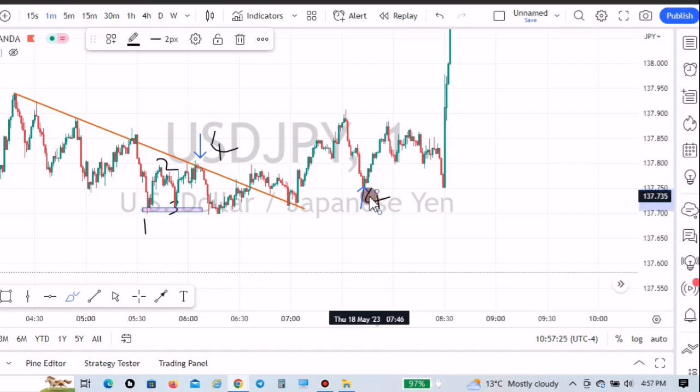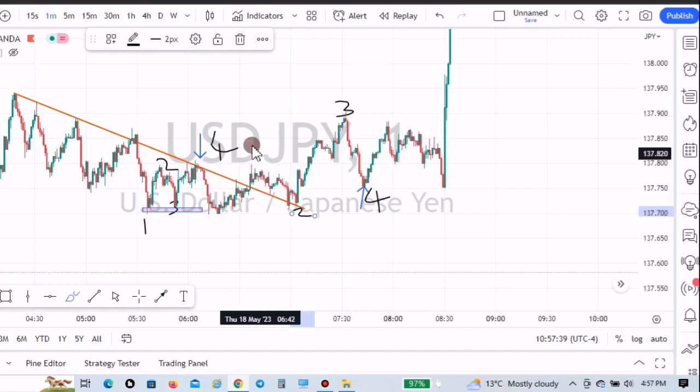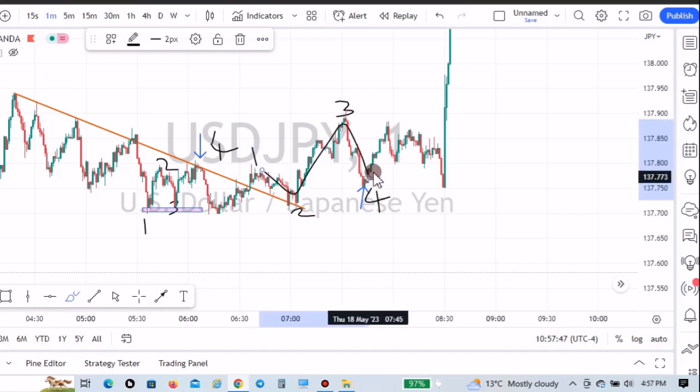If this is your number 4, then this should be your number 3. Okay, this highest point should be your number 3. If this is your number 3, then this lowest pivot should be your number 2. And then this one should be your number 1. Okay, let me just show you the pattern. It is this one. Okay, for you to have it, just count backwards. It's easier that way to find it. Okay, next thing,